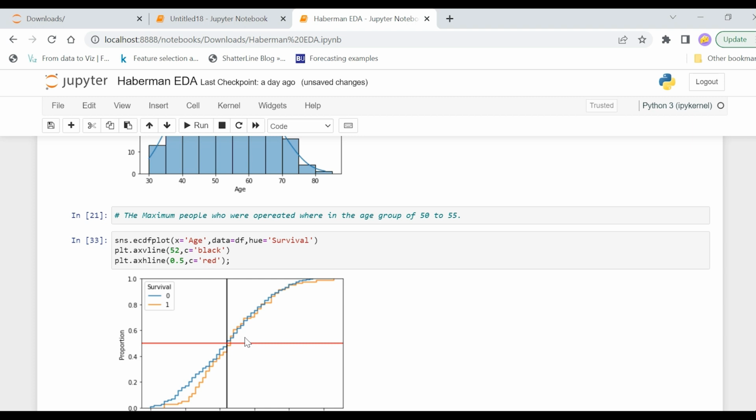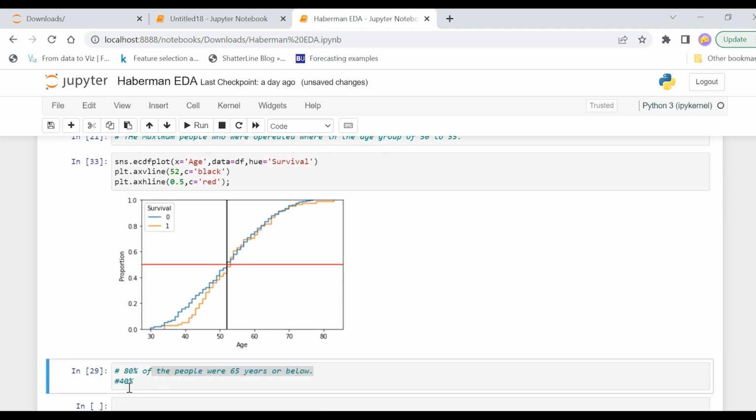Yes. So you can say that approximately 50% of the people were 52 years or below. So this is some kind of conclusion which we can get from the univariate analysis